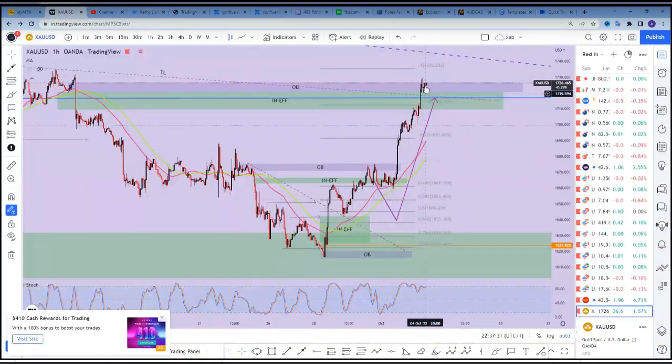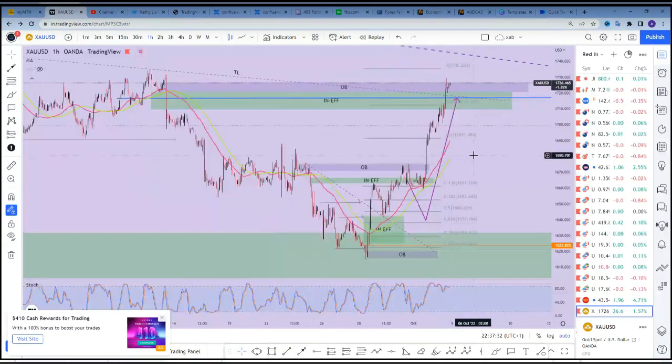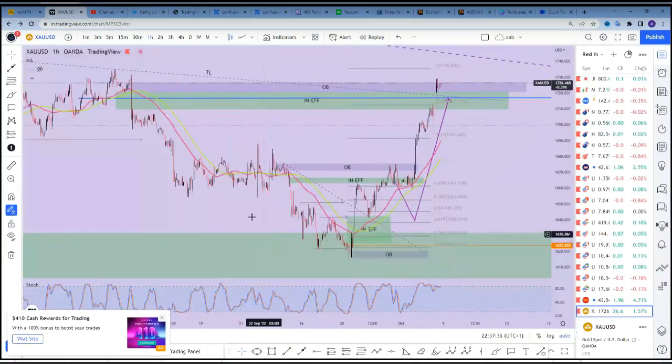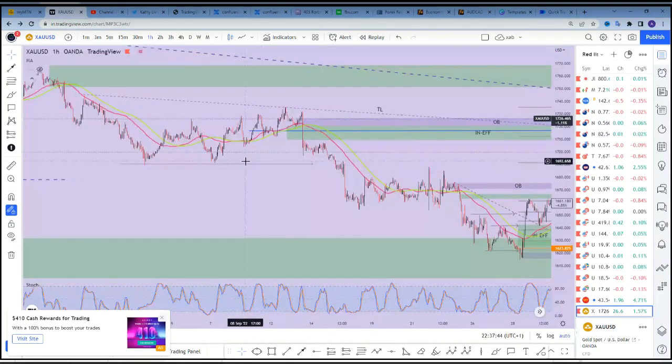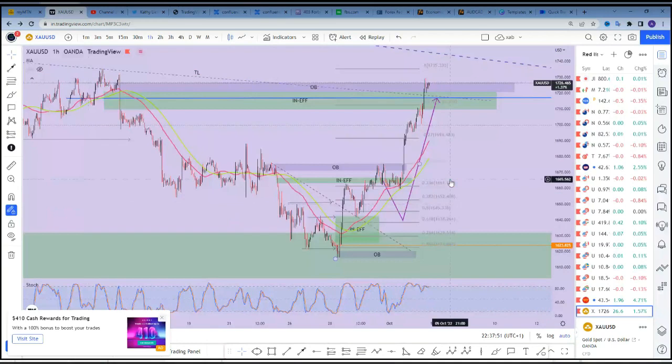The same thing has happened again and again. A sell here, another sell here. Again and again, guys. So this is a system that has consistently delivered. A buy here, another buy here, a sell here. As you can see, it's not even about trying to find which order block is the strongest. You don't need that here.